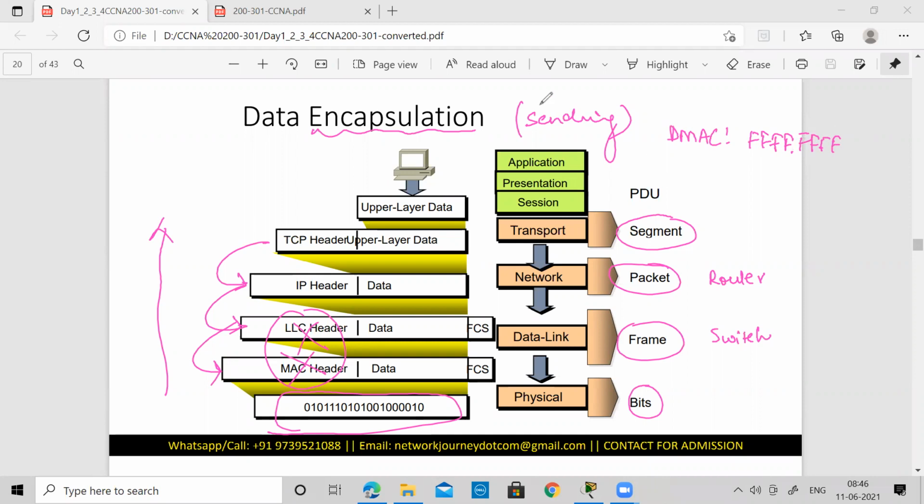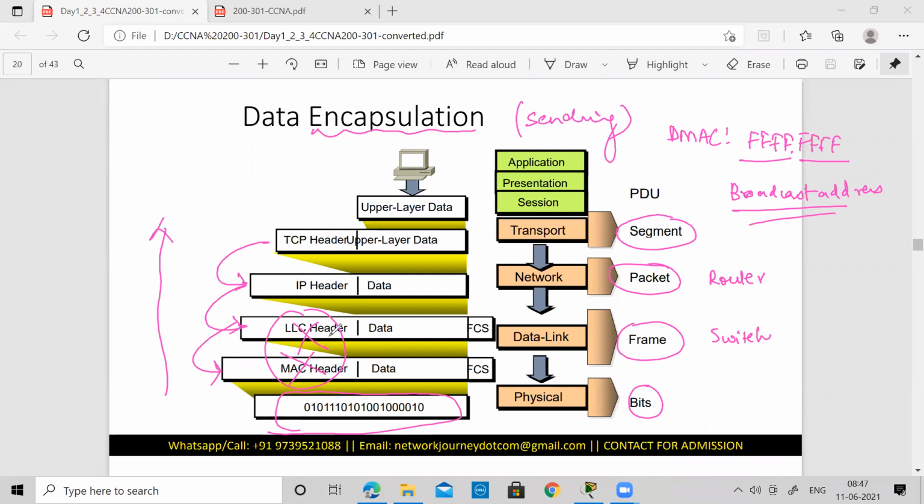But for now, just understand that F is a character or a letter, and if the whole MAC address is filled up with Fs, this is understood as a broadcast address. When the device sees that this is all FFFF, it means it's a broadcast information, so again in this scenario I need to accept the frame. So one, if it belongs directly to me, I will accept. Second, if it is all Fs, that means it's a broadcast address, then again I need to accept this frame.